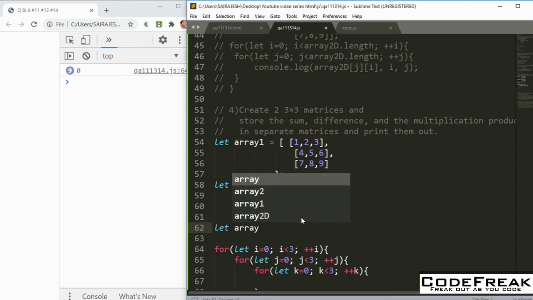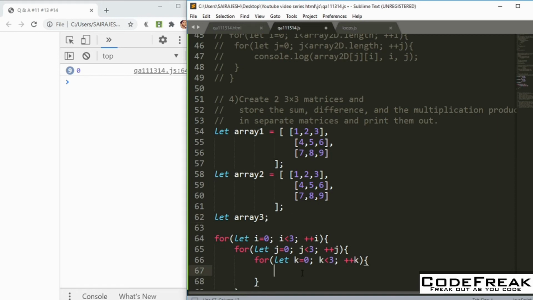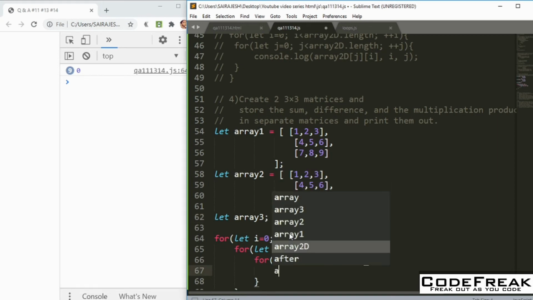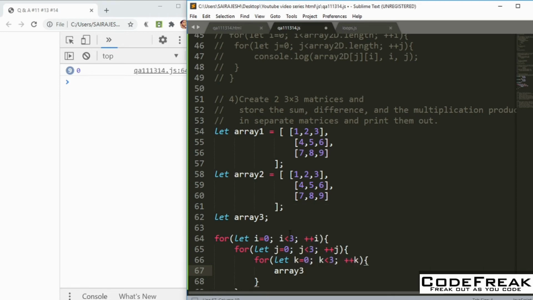Let me call it array 3. That should be fine, right? So we can do it this way maybe. Array 3 of i and j